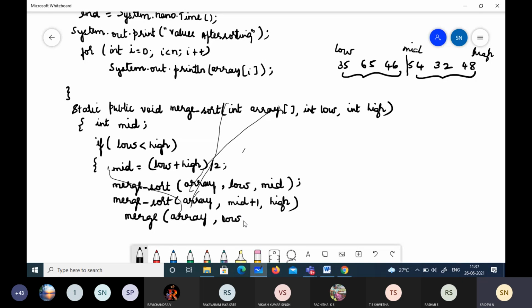So I will pass low, mid as well as high. All three I'll pass in order to merge the elements. I'll just end the program here.